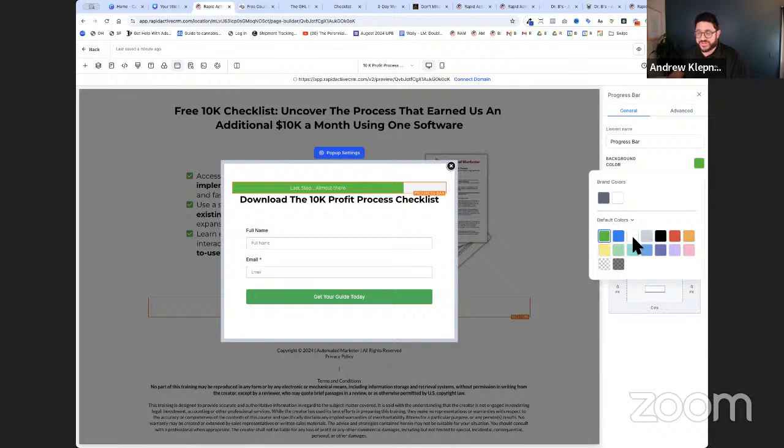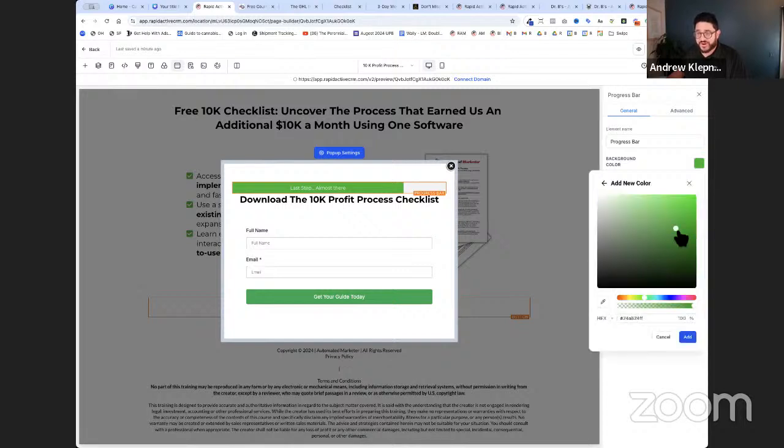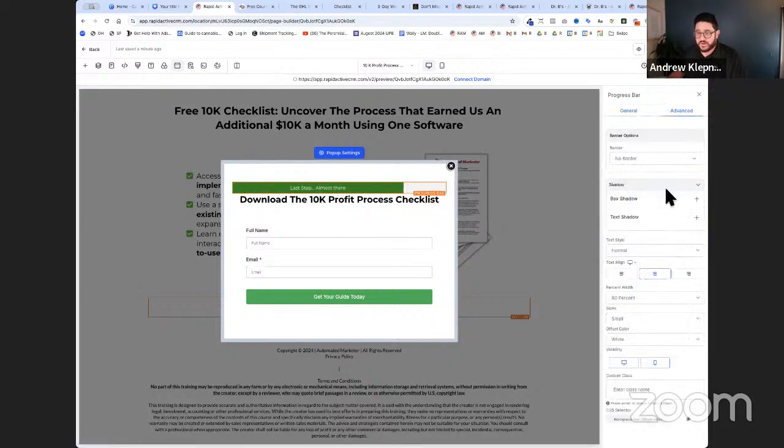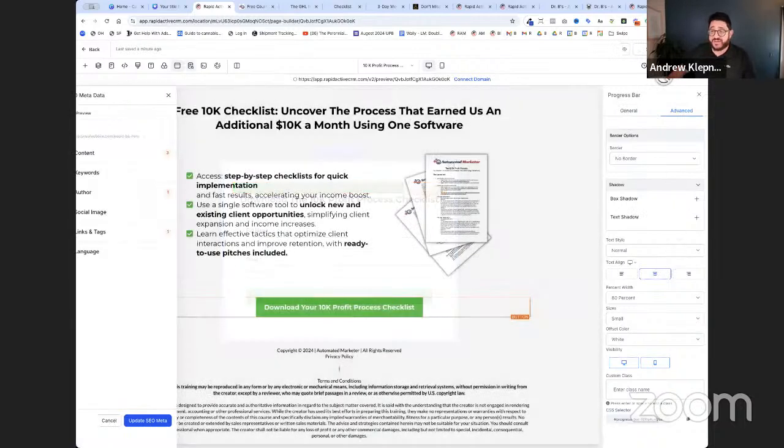And maybe I'll change the color to something a little darker. I'm going to see what some of my custom colors I'll add. Since I'm already green, I'm going to darken that up so it's easier to read the words. Here we go. I'll hit add. Now it's a little easier to read. All right, I could put a shadow on this. I could do a bunch of things. But if I hit save